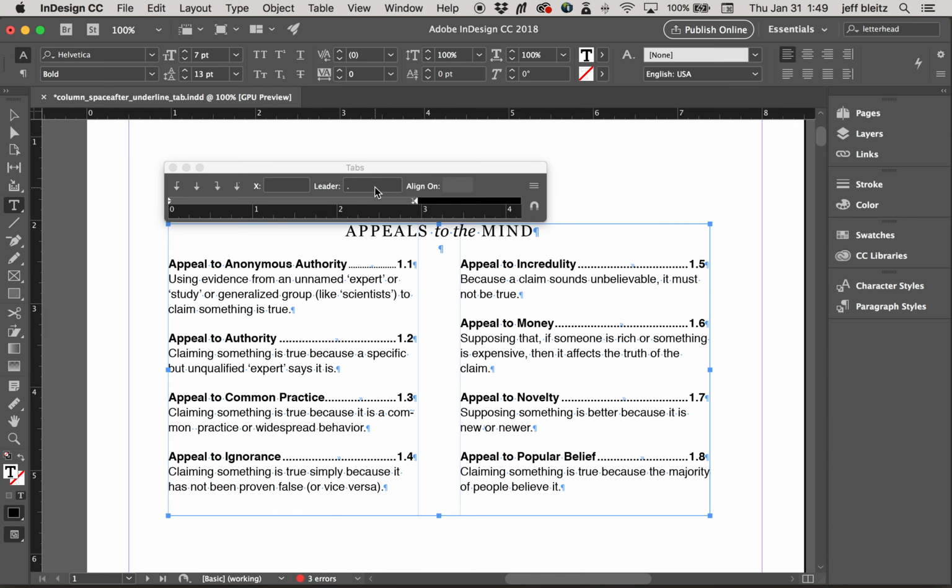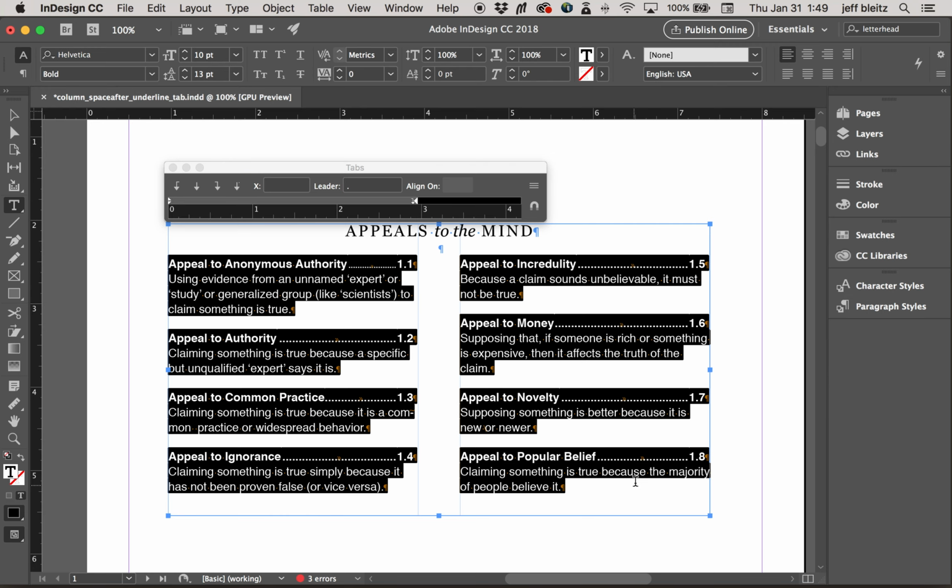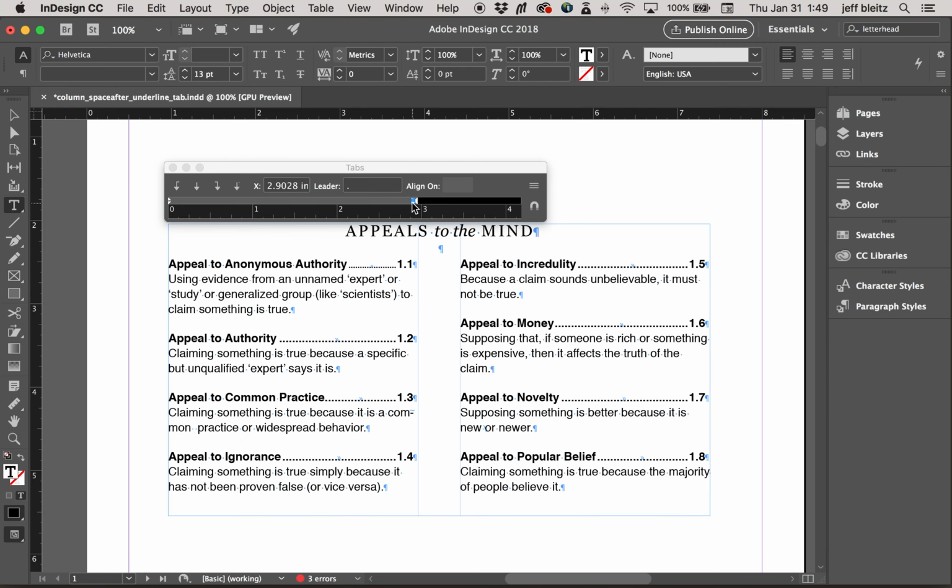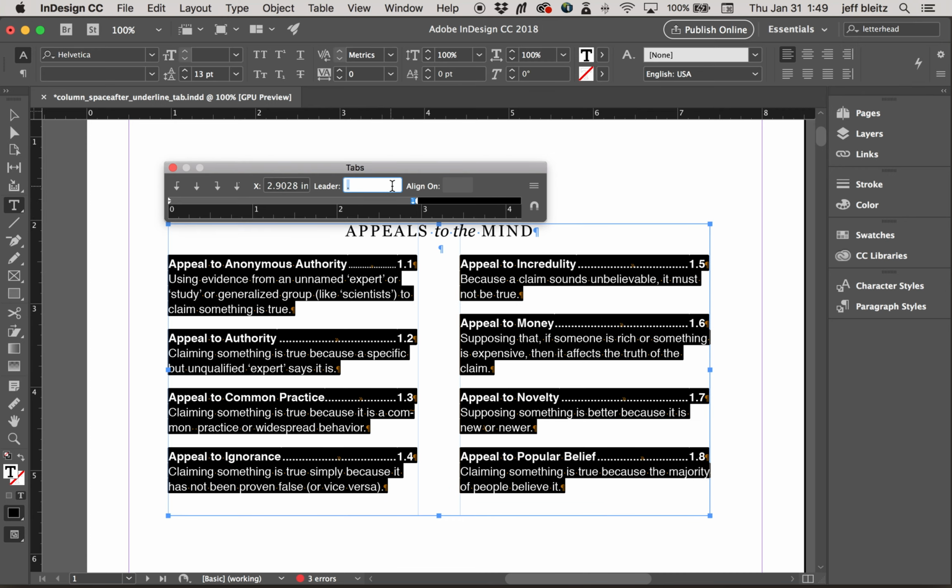It was working before. Oh, need to make sure this is selected. Period, space. Okay, that was an ordeal, but you need to make sure you have your tab selected in order